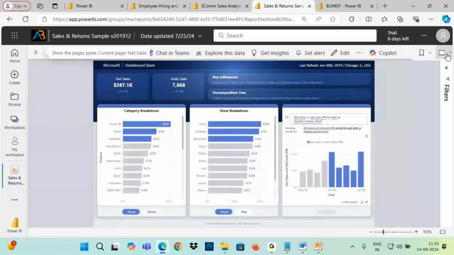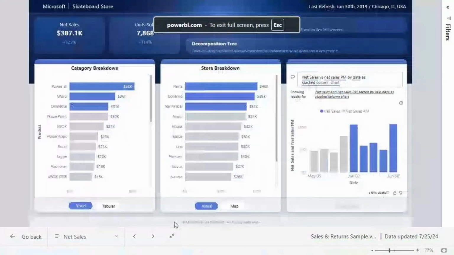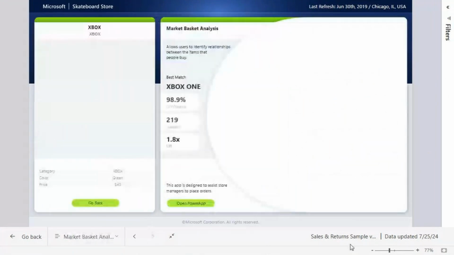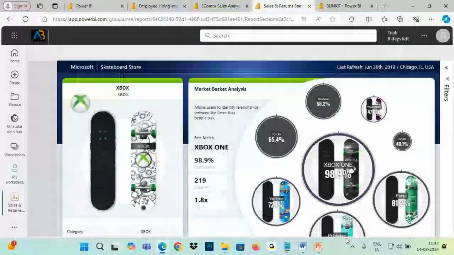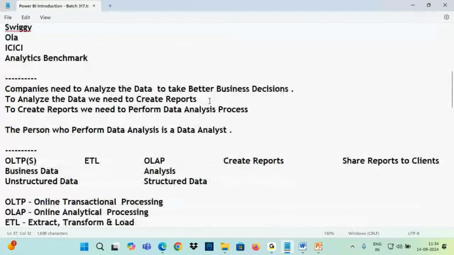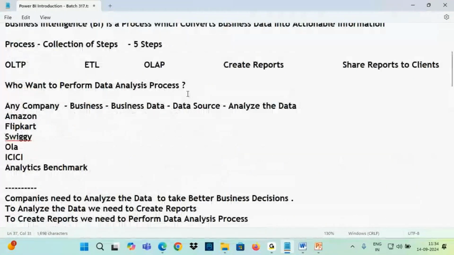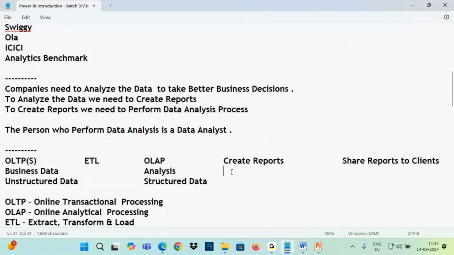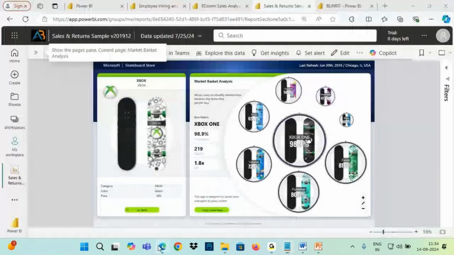This kind of reports will be generated on which database? OLAP. So, OLAP database. Now the information which you show in the reports, we call it actionable information, guys. The information which you show in the reports, we call it what? Actionable information. Why we call it actionable information is, when you share these reports with the